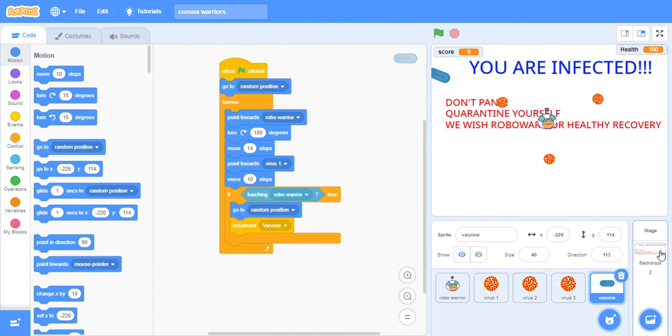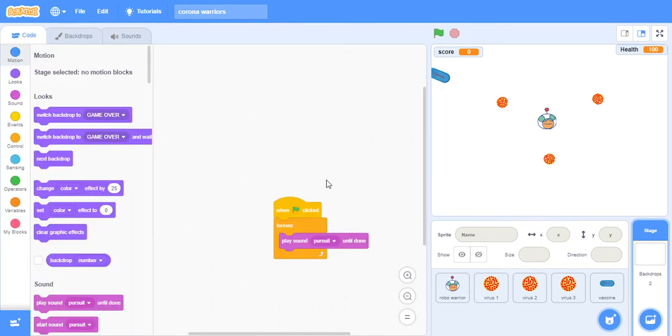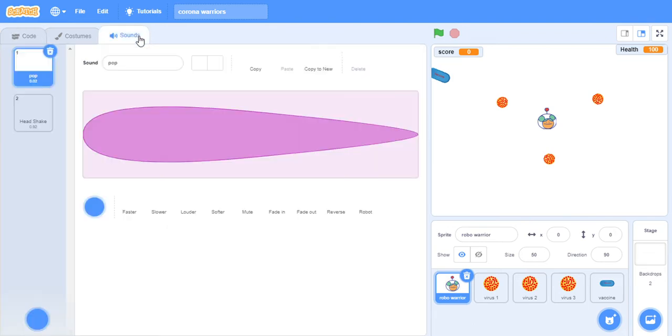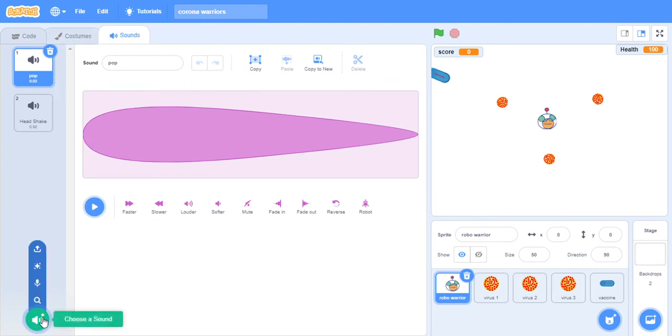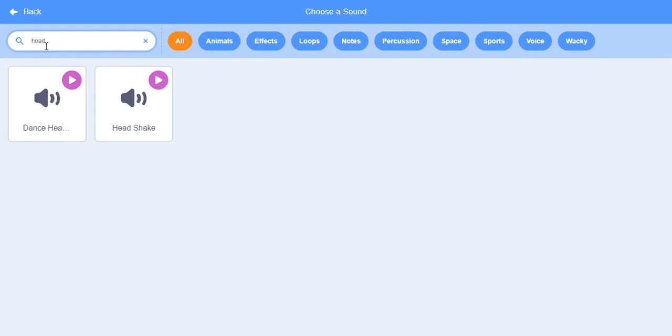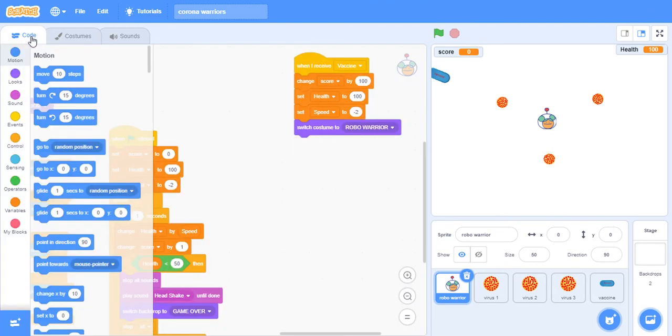Let's see the background code. So let me change the background to start because I don't want to show it in the front. So you see this is the only code. Okay, now you might be thinking where I got the sound effects. Sound is also easy. You see there is a sound option. You click on this sound tab, and when you click on it, then choose a sound. First of all, I have taken head shake. When you search over here, suppose let us search for head shake, you choose it and put it where I have shown in the codes part, and just utilize it.